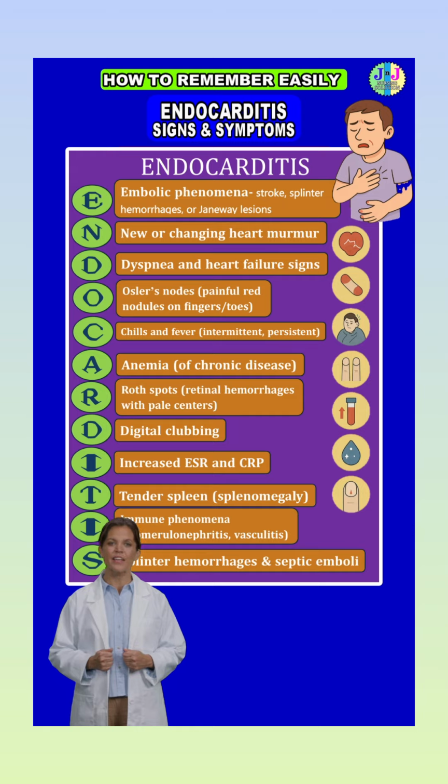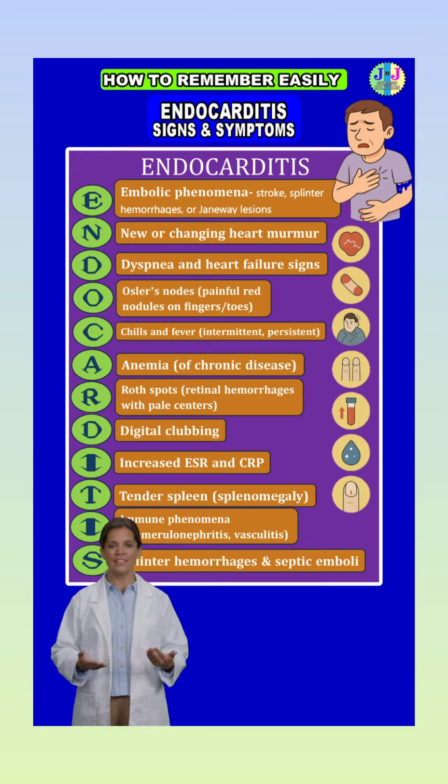T stands for tender spleen or splenomegaly, caused by immune or embolic involvement of the spleen. I again stands for immune phenomena, like glomerulonephritis and vasculitis, which can affect the kidneys and small blood vessels. And finally, S stands for splinter hemorrhages and septic emboli, those tiny linear reddish streaks under the nails that suggest